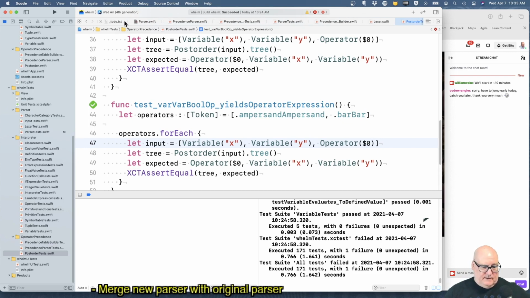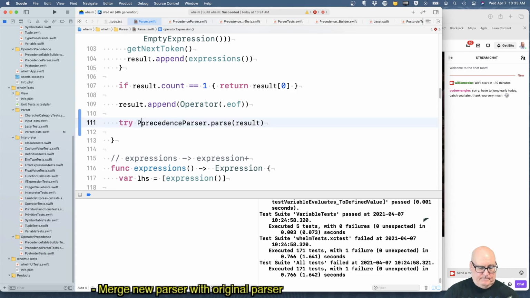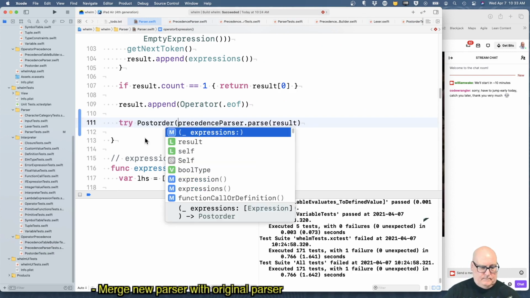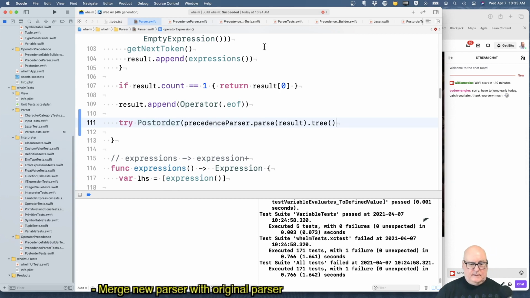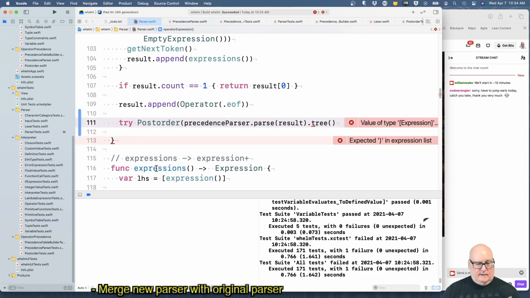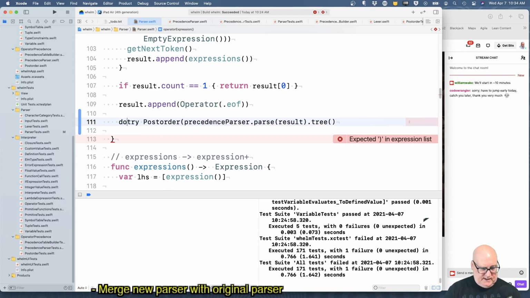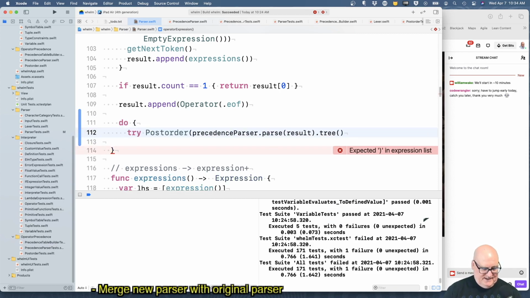Okay. Input dot tree. Was it do catch? I can't remember.